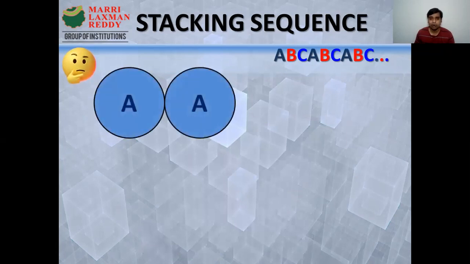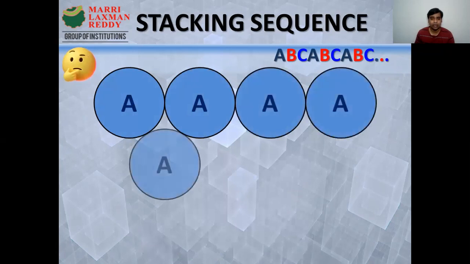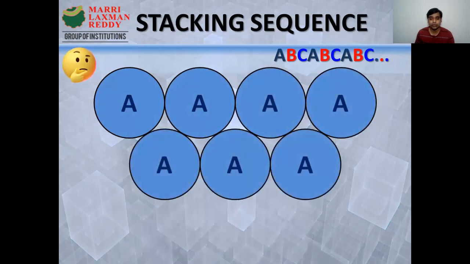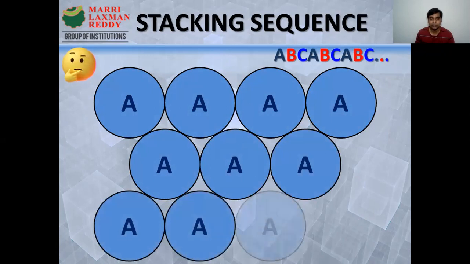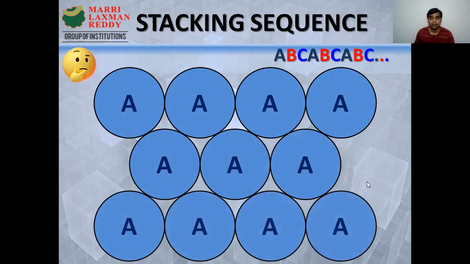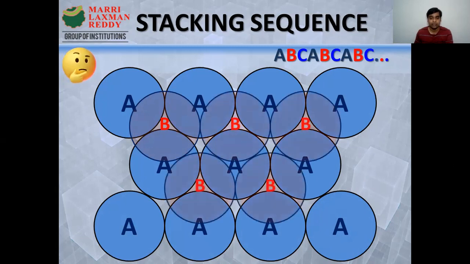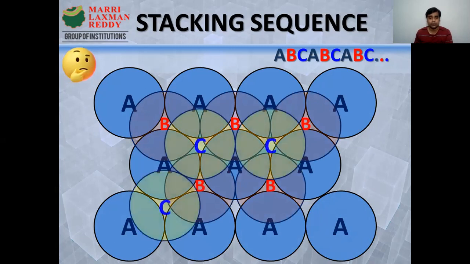Here we can consider the octahedral plane, the ultimate close arrangement of atoms within the layer. Atoms can be considered as spheres. So this is the A plane. Now we consider a similar plane, the second plane, B. In that plane also the atomic arrangement is similar to the A layer, but the atomic positions differ: the second layer atoms sit exactly in between the first layer atoms. Then the third layer, also similar to the A layer, has its own atomic positions.